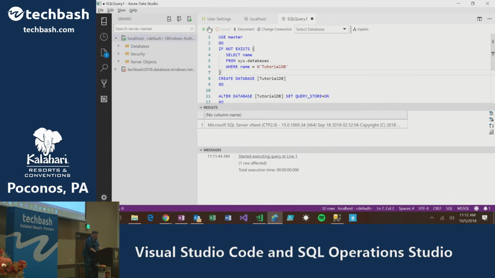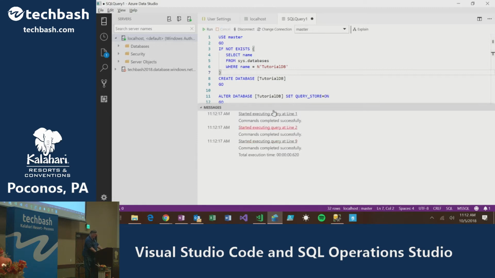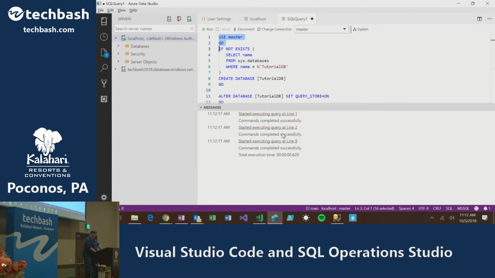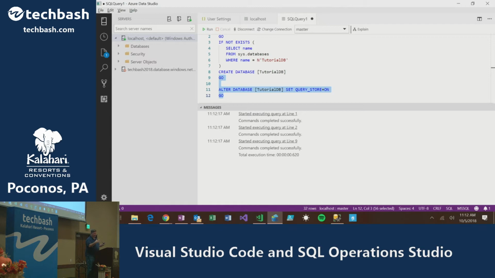When you do this and run this, it shows you down here the results in a series of messages. And I thought this is sort of cute. As it finishes each step, you can click those and it actually highlights the code that it ran for that, which is sort of useful. Now over here in databases, notice it doesn't show up, so I'd have to go and refresh, which is typical.